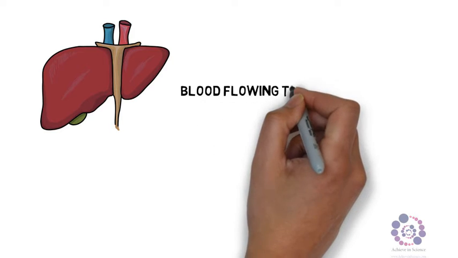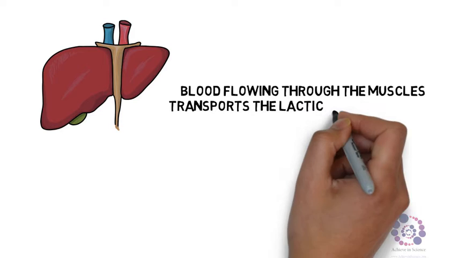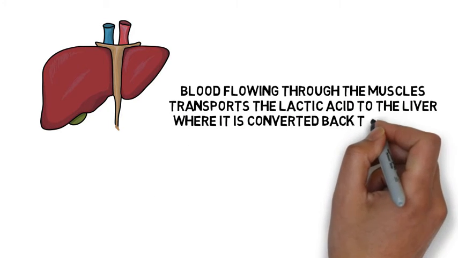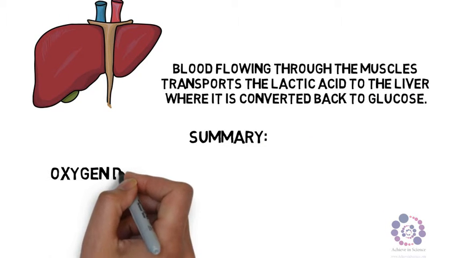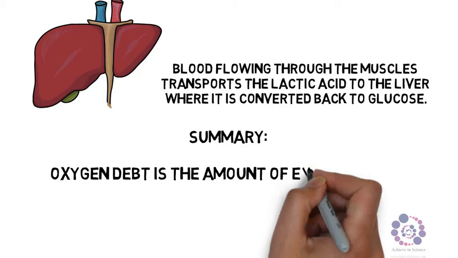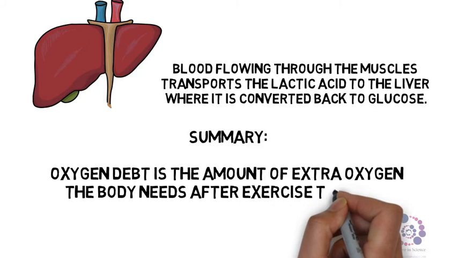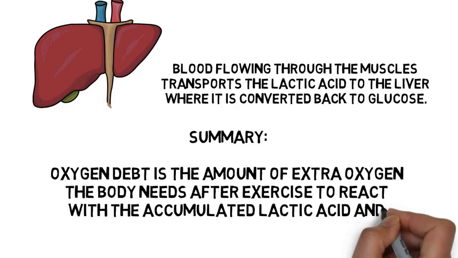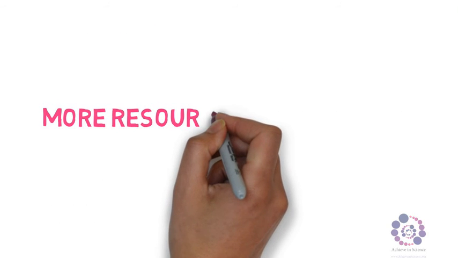When that oxygen is delivered, the lactic acid that is built up within our body is delivered to our liver. The liver is the place where the lactic acid is broken down again into glucose. Now, the amount of oxygen that was required to break down that lactic acid is what we refer to as our oxygen debt. So the definition of oxygen debt is the amount of extra oxygen that our body needs after it's finished exercising to react with that accumulated lactic acid that is built up to remove it from our body, which it needs